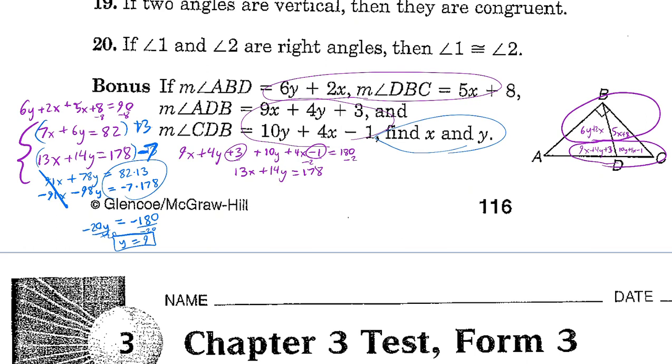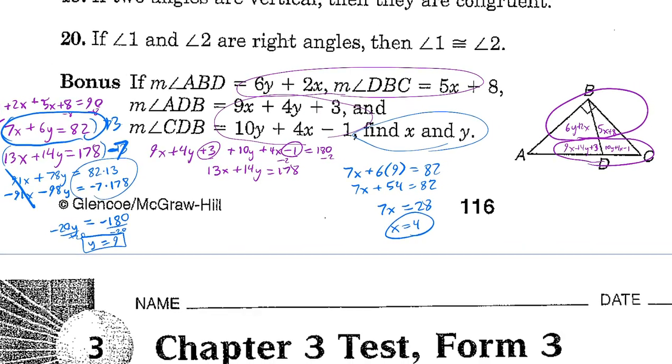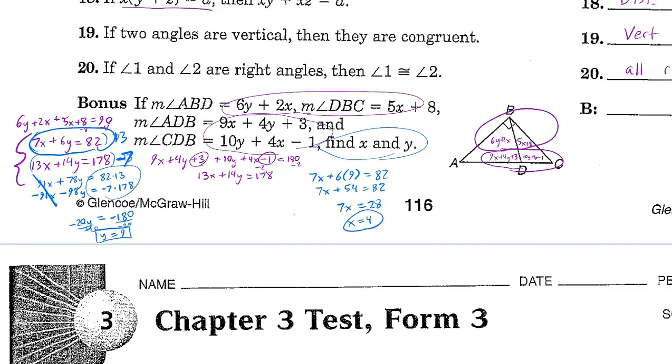And then we go back over to one of our equations. I'm going to choose this one because it had smaller numbers. So plugging that in, I get 7x plus 6 times 9 equals 82. So that's 7x plus 54 equals 82. Subtracting, I get 7x equals 28. So x equals 4. And then we should go back and plug this in just to see what we get